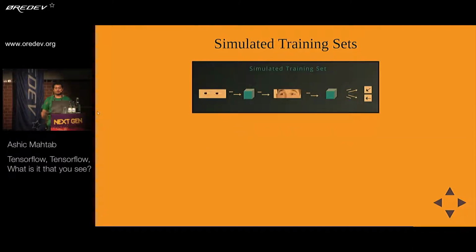Simulated training sets. Sorry, Apple didn't use that. Apple uses this. What this does is that when you're doing eye recognition, getting enough input data, people looking this way, that way, that way, that way is quite difficult. So you train a model to generate eyes looking in different directions. And so you can train your algorithms based on the output images of a generator that's been trained using a GAN.